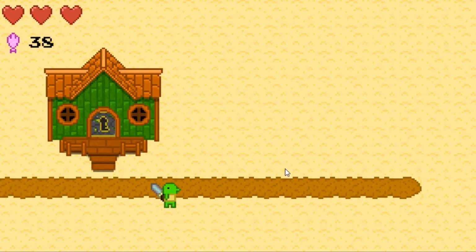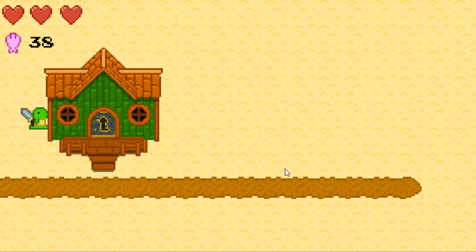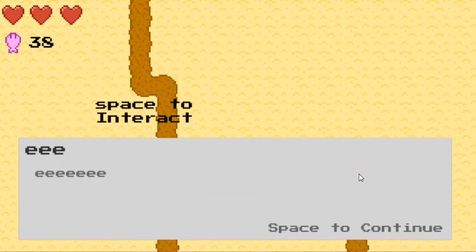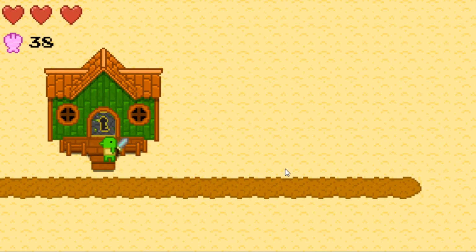Now to the video. Okay, so the first thing I did this week was make an outside entrance to Little Shell's house. Last week I showed the inside of his house, and this week I finished it off by making an outside version. I made it so the door is locked and you have to get the key from your brother. Now it must be said that this is just placeholder text. He isn't really just going to scream E at you. Unless. As you can see, that was a pretty easy system to implement,